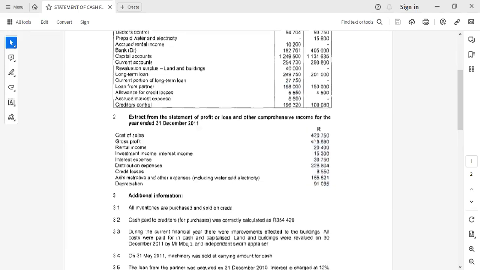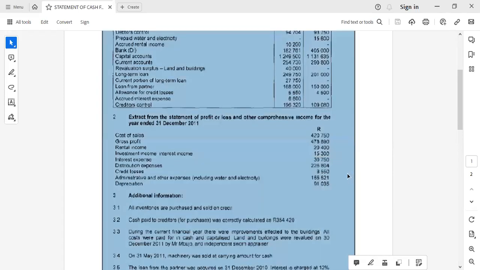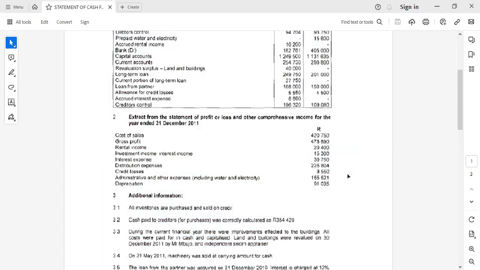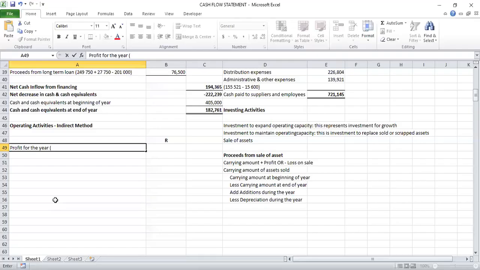The profit, you just say the gross profit plus the rental income plus interest income minus these expenses. So you don't have to talk about it, let me just show it here: 478,890 plus